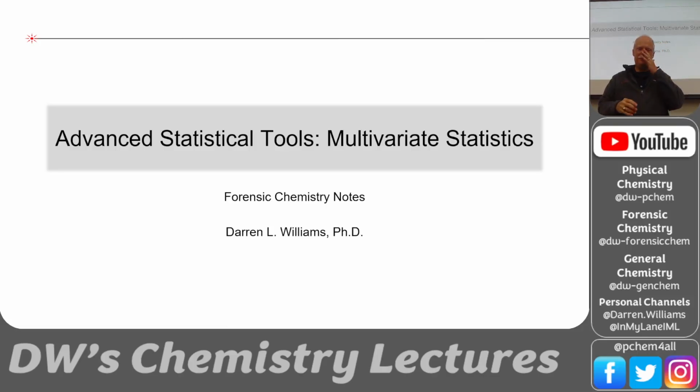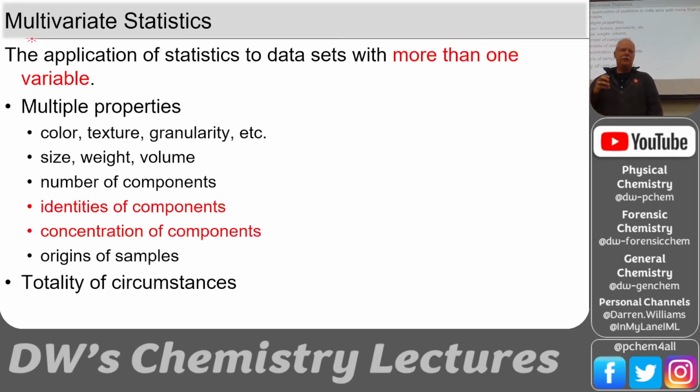So we'll go through advanced statistical tools, and then I think there's some fun things in today's lecture, so hopefully you enjoy it. So we're trying to get what's called the totality of circumstances. You see that here down at the bottom. We're not just looking at the chemical signals that we get out of an FTIR. Okay, that's important, but occasionally chemists have been caught